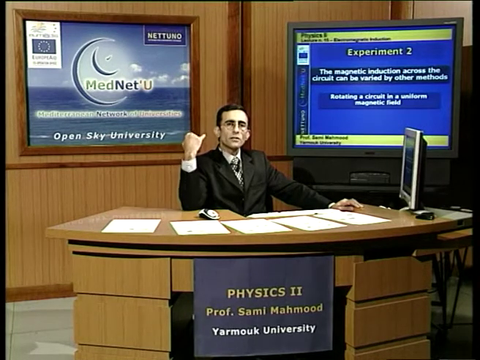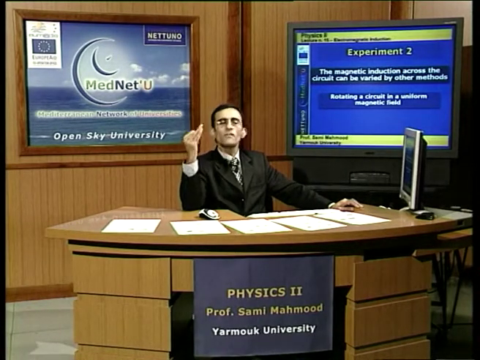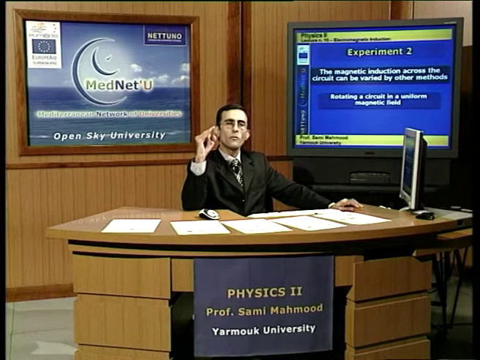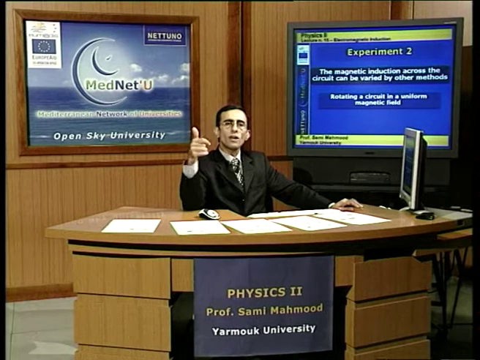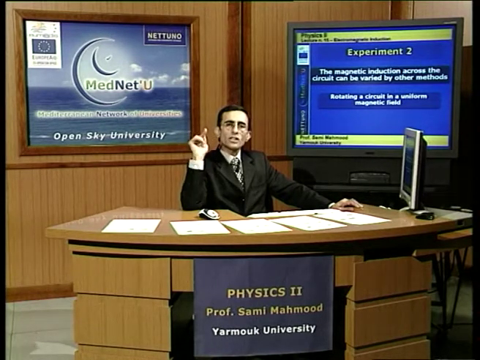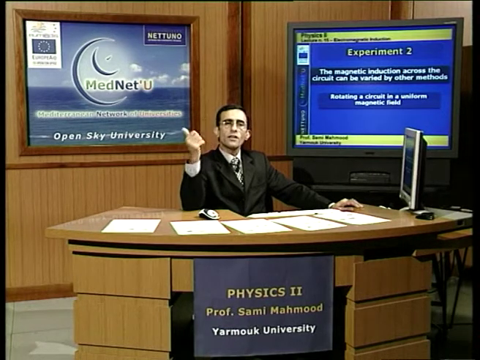Since it's a vector, we can change the magnitude, and that means changing the magnetic induction. We can change the direction of the magnetic induction, even if its magnitude is the same. But if we change the direction at which it crosses the loop, then that means changing